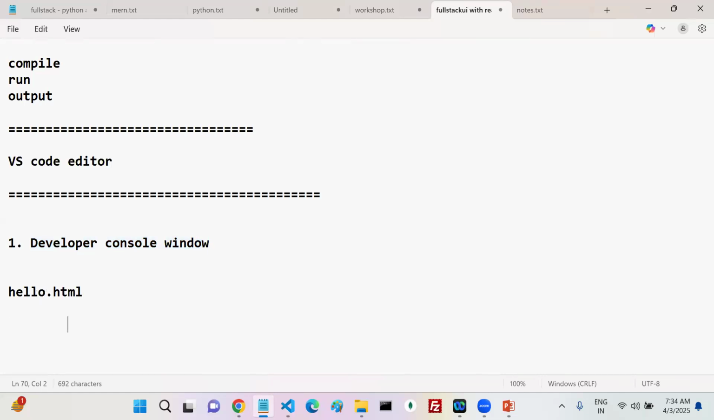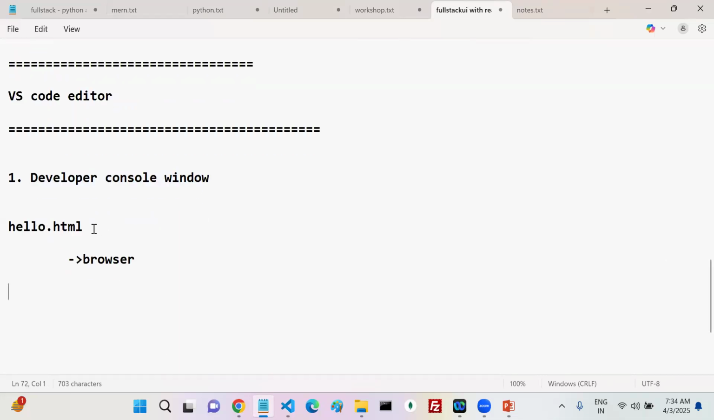hello.html. That code rendered where in the browser? In the browser. Now, this particular code, whatever you have written, is nothing but source code. Where can I see this source code? In the browser, I can see it in the